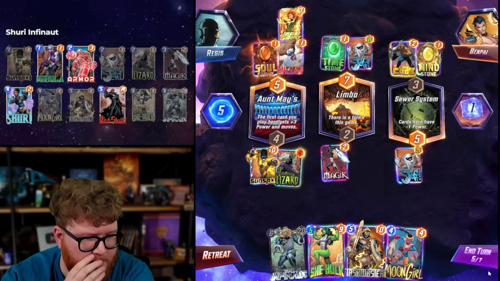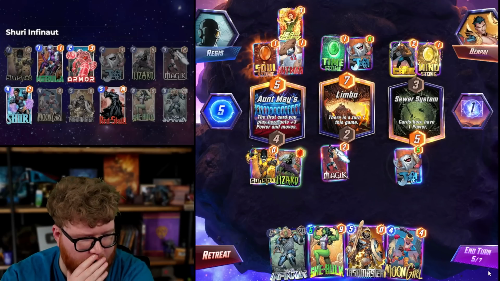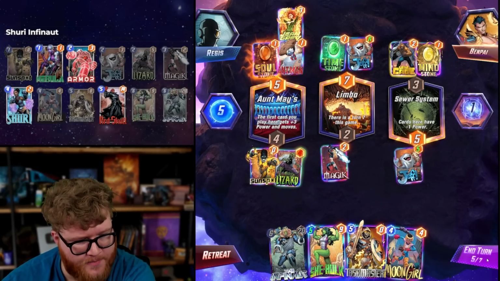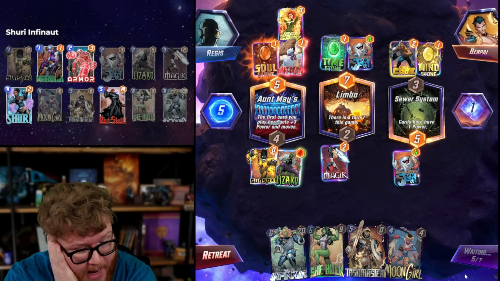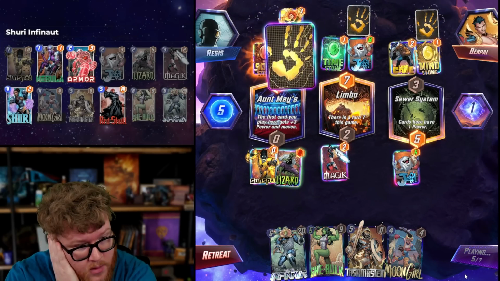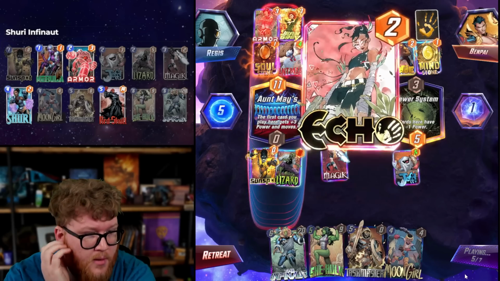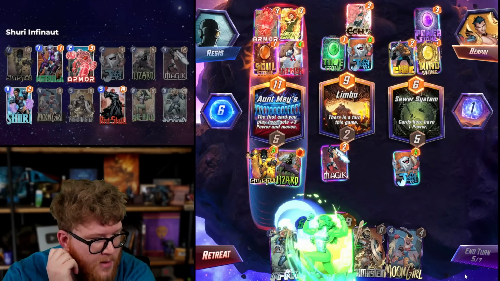There's the Moon Girl, but I'm assuming there's a Reality Stone. Like, my assumption is that Reality Stone is happening. So I think we're gonna pass. Armor left. Okay, that's actually kind of good for me, I would think. Echo mid could actually help me with Red Skull. That's a thing. But I'm still...